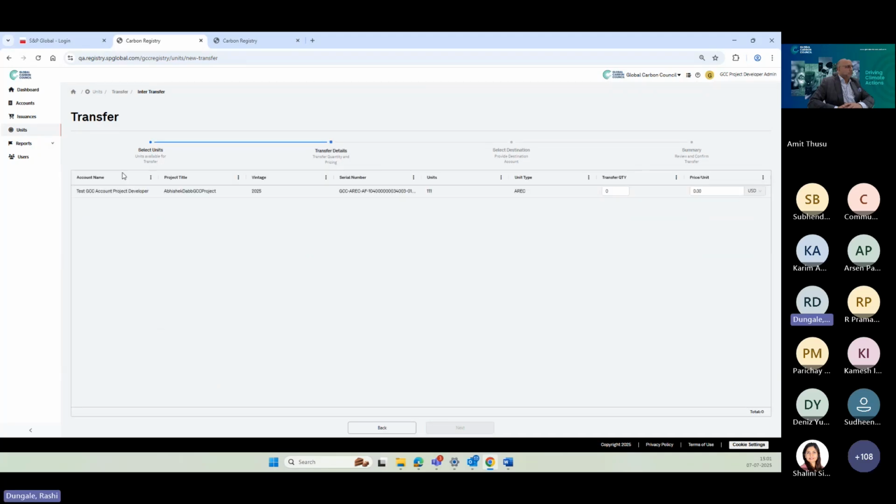Now on the next screen, you'll see the transfer details: the account name, project name, vintage, unique serialization, number of units, and the units type. Now you have to type the transfer quantity, how many units you want to transfer. So I'm just transferring